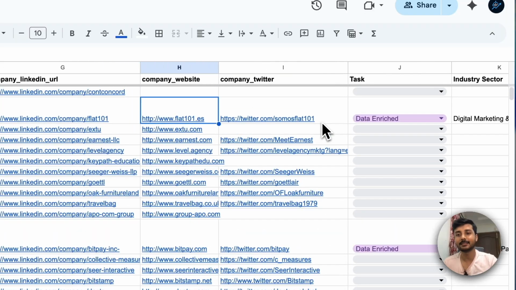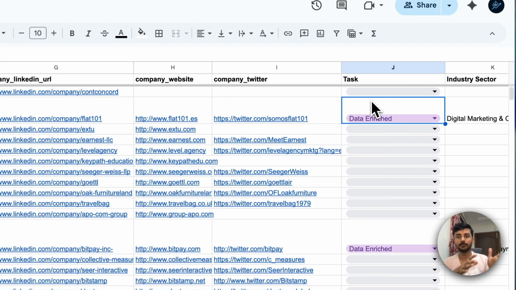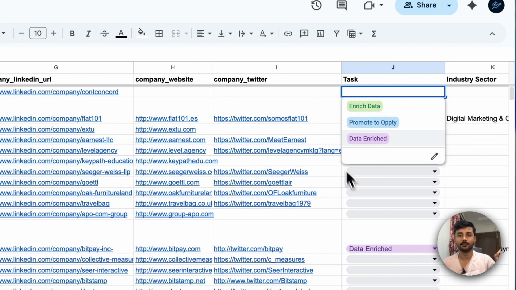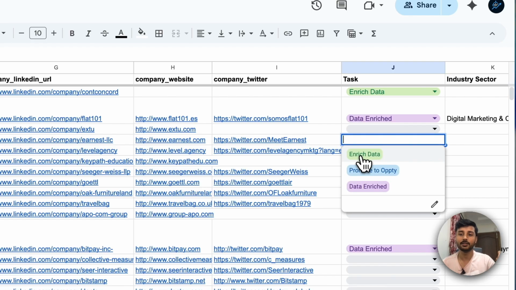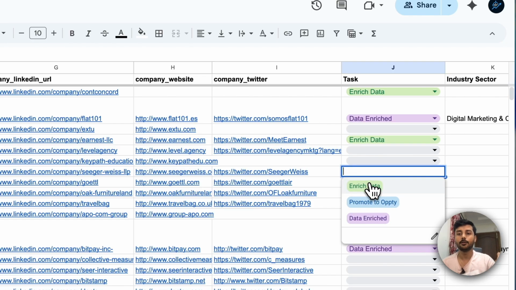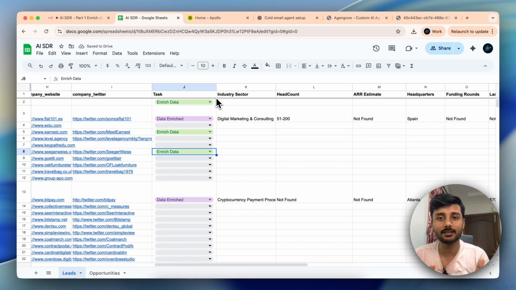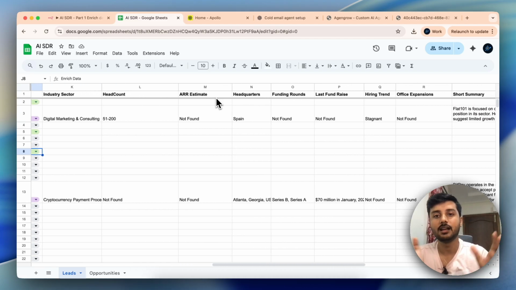And then the next step is very simple. What an actual SDR does right now is enrich this data, right? So here you just need to click on enrich data. Let's say I want to enrich all this data here. It will enrich and populate these fields for you, like industry sector, headcount, ARR estimate, headquarters, funding rounds, last fundraise, hiring trend, office expansion, short summary, everything that is helpful for an SDR to decide whether